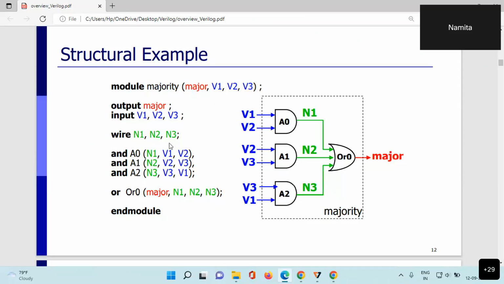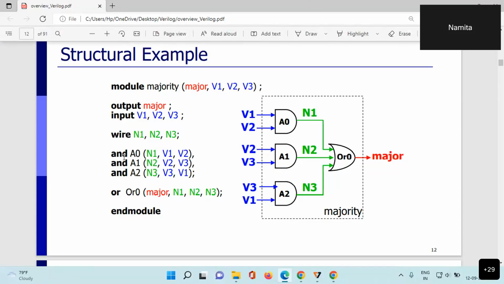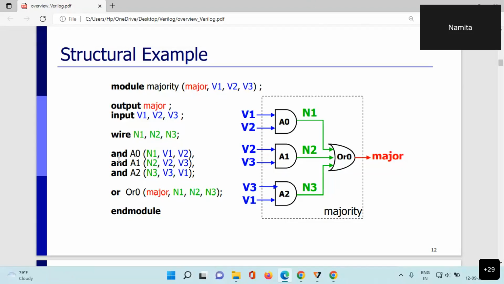Syntax of structural modeling, we'll go through it after completing some basic rules of Verilog. So we are calling AND three times and we are calling one OR gate. If this is the style used, we call it structural modeling. The other things remain the same: start with module, end with endmodule, followed by the module name. Majority is the module name. This is a user defined name, followed by ports, port declaration, and then the